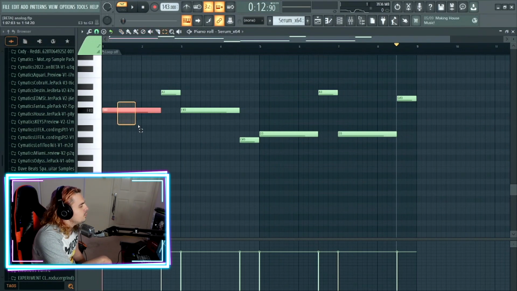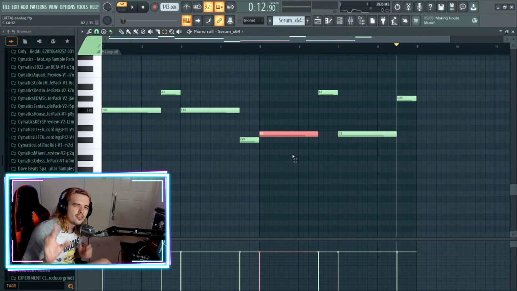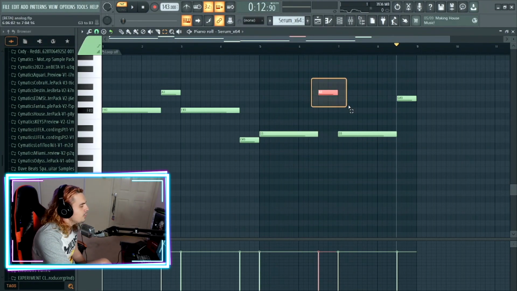But all we're doing with this is playing a really simple bass pattern where we follow the root notes, but then we slide it up just to give it a little bit of variance. So as you can see, we have F sharp going up to A, back down to F sharp, to C sharp,